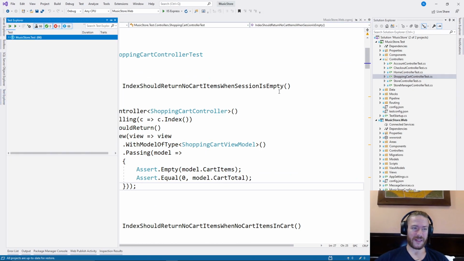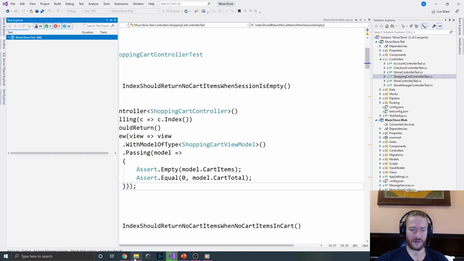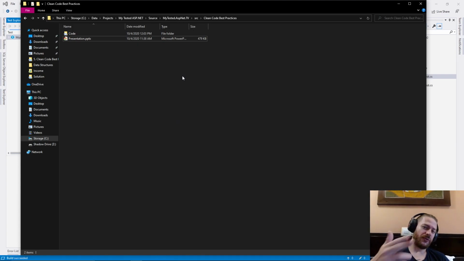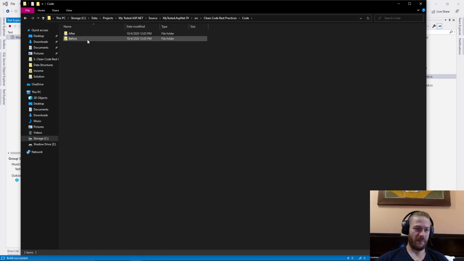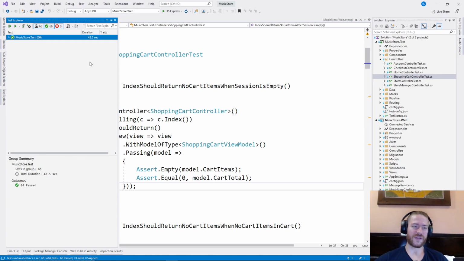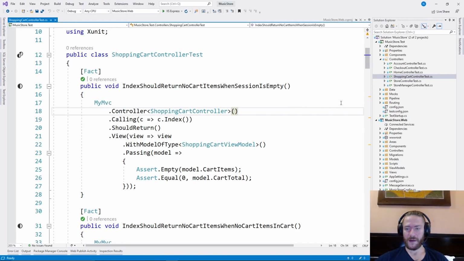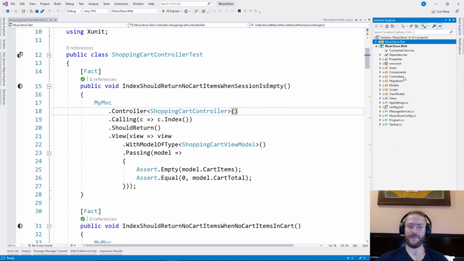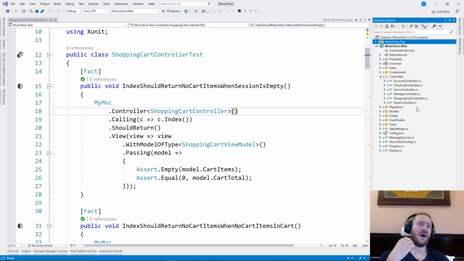All tests should pass, and I'm going to upload the code on GitHub, and the code will be split with before and after, before and after our change to see the difference. So everything runs fine. Most probably some of these tests will need a bit of refactoring after we change some parts of the code. Of course, we won't be able to change everything, but I'm going to show you all the